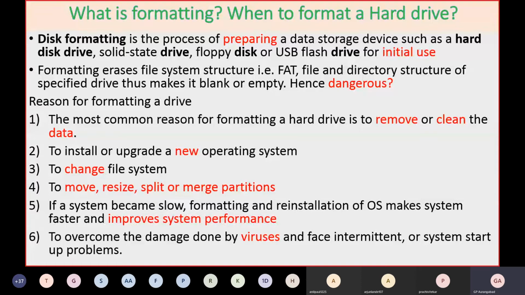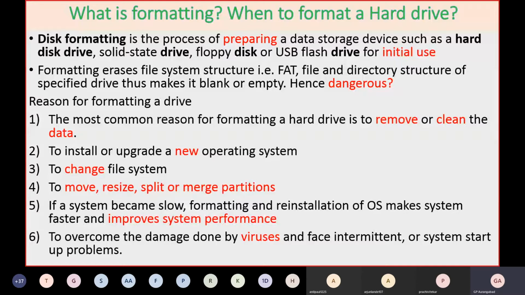First, if you want to remove all the data or clean the disk, maybe you have to reinstall the operating system, or maybe you have to give this hard disk to somebody else. Then you have to remove all the data, and the best solution to remove all the data immediately is formatting.